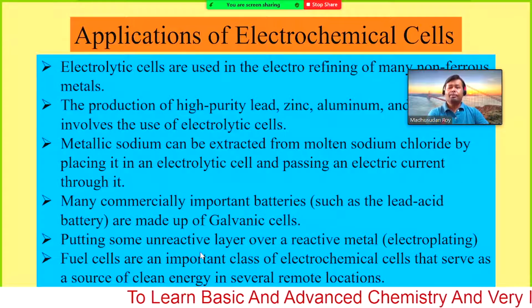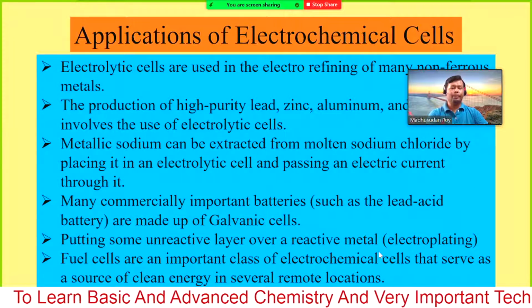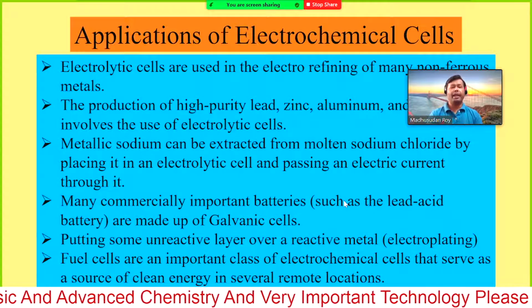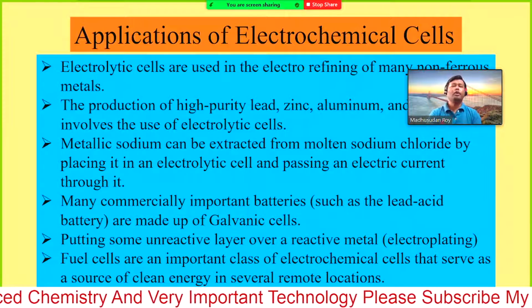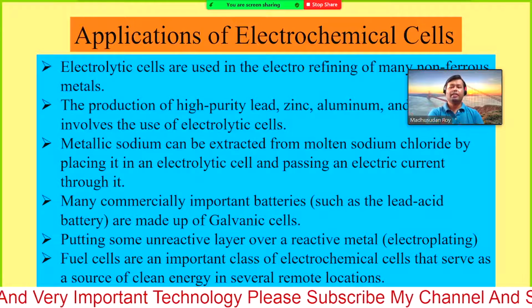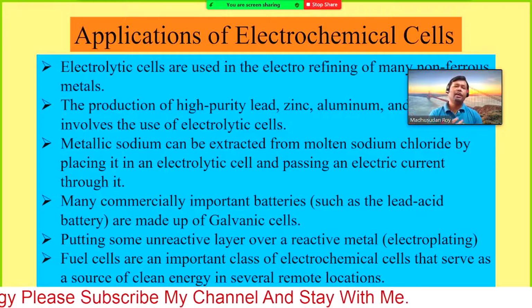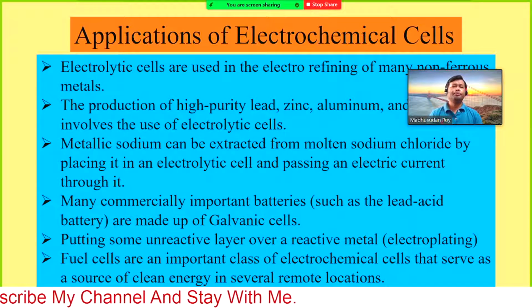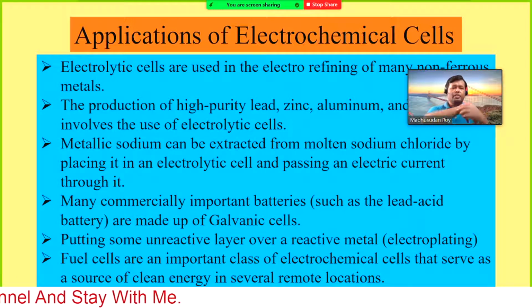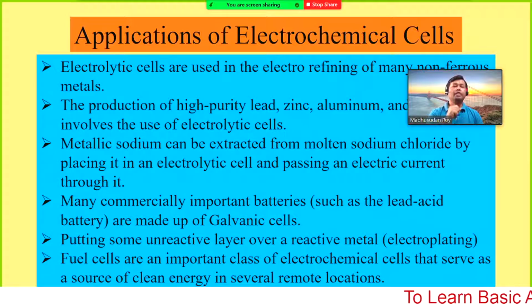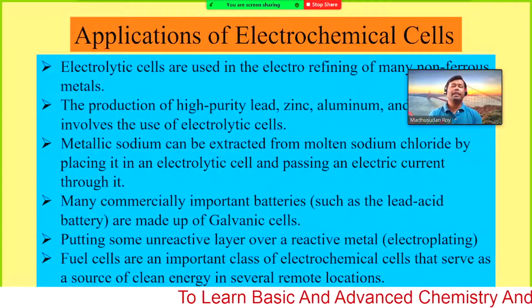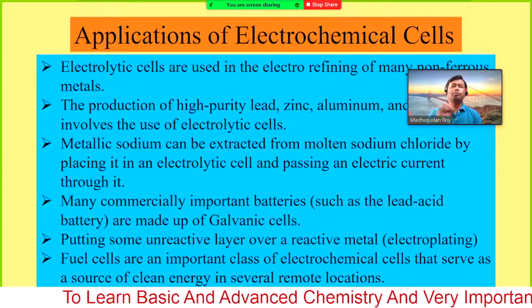Okay, putting some unreactive layer over a reactive metal is known as electroplating. Sometimes you may have some wristwatches that look golden or silver, or different colors, but actually the wristwatch chain, not the leather one, I am just considering the chain. The chain is made up of iron, but pure iron is very reactive,